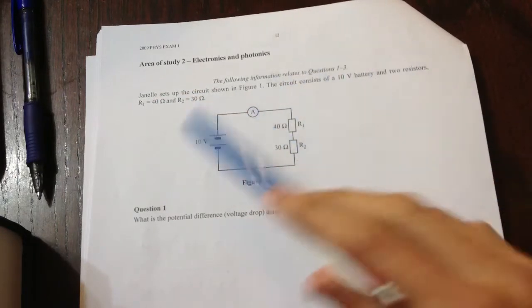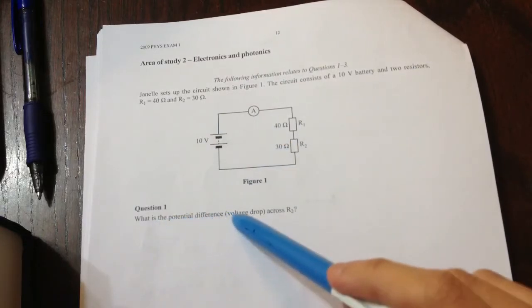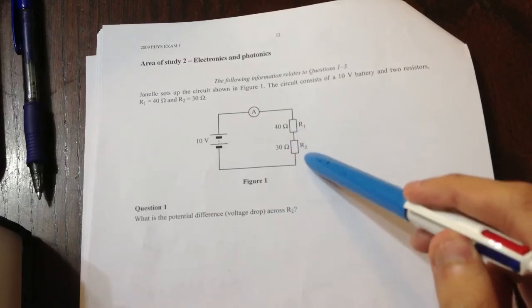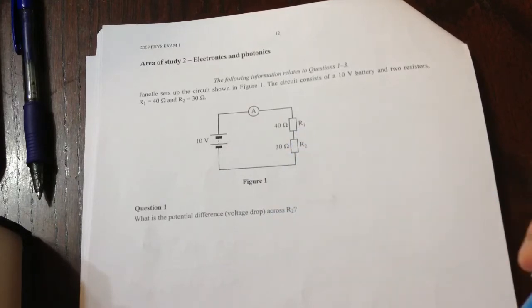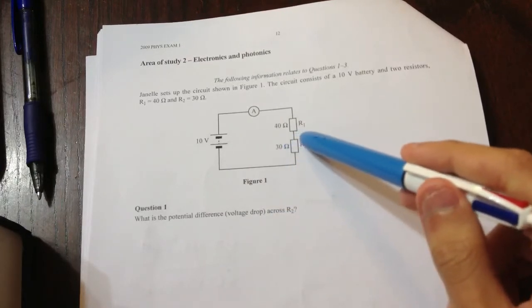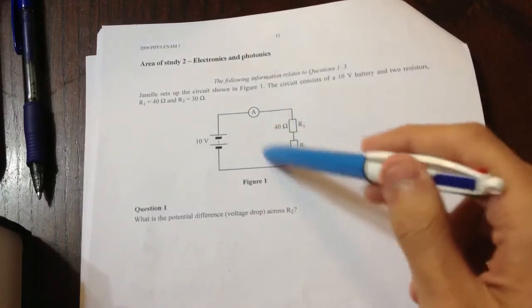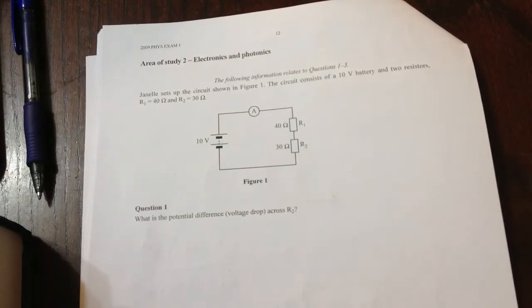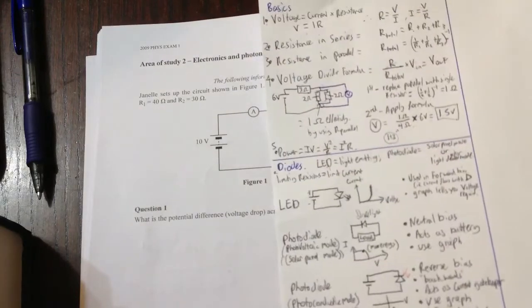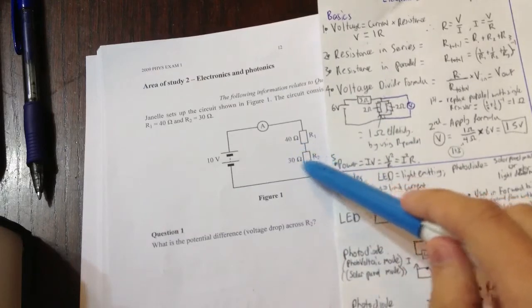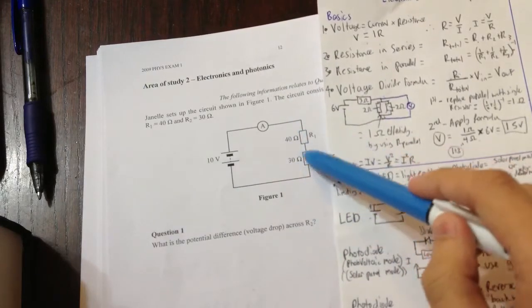It's pretty simple. That information's all here. What is the potential difference, or voltage drop, across R2? Which is how much voltage drops across there. Which formula would we use? Well, we're trying to find how much voltage drop is across one resistor as opposed to the whole circuit. So, that's pretty much the voltage divider formula. We're trying to divide, we're trying to get one voltage out of the whole thing, or divide one out